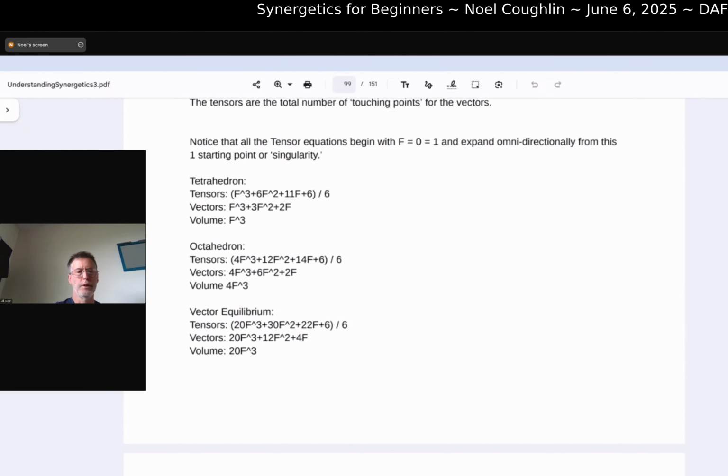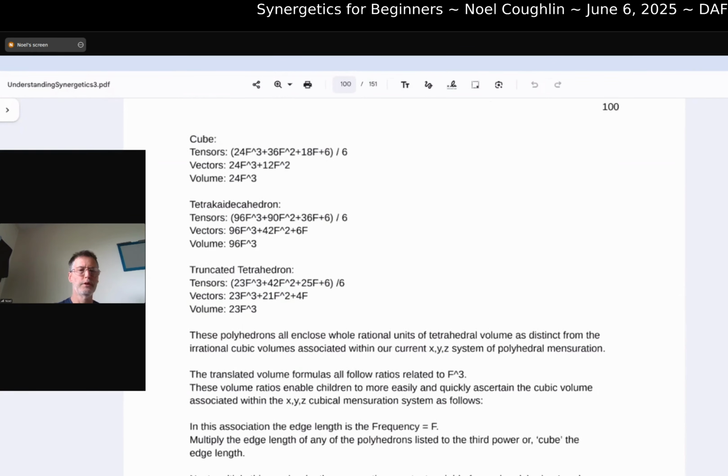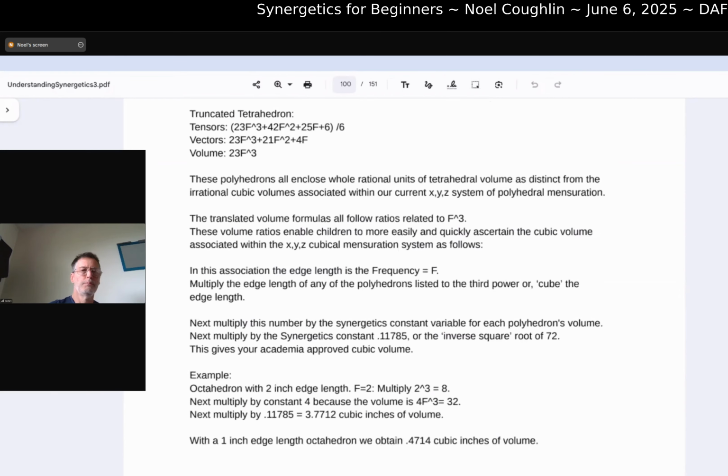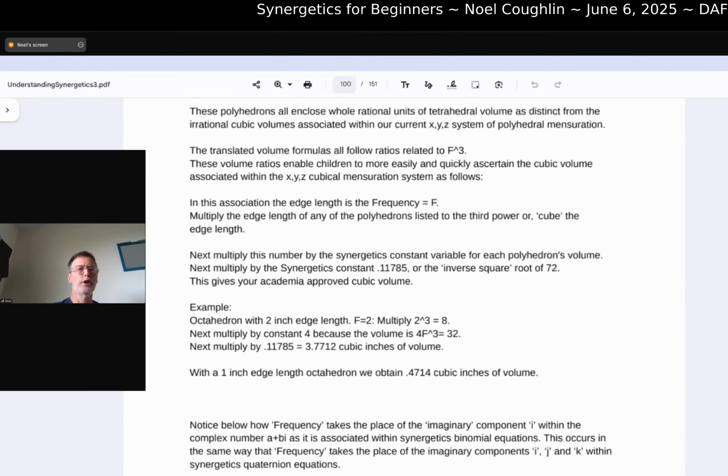I guess I'm not going to be doing beginning Synergetics at this point, but we link these then by way of first understanding what the ratio is, so that we can use these economically in order to teach children how to ratio, for instance, a tetrahedron or an octahedron without having to use the difficult to use mathematics that's used in XYZ math right now. So these polyhedrons all enclose whole rational units of tetrahedral volume, as distinct from the irrational cubic volumes associated with our current